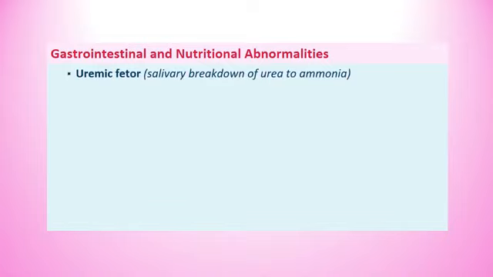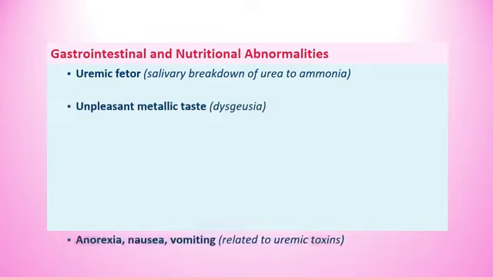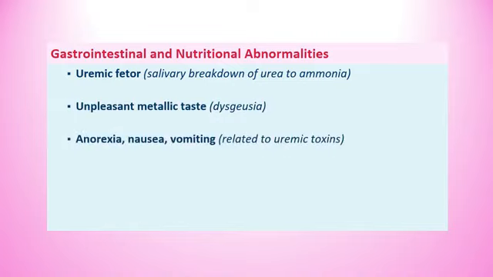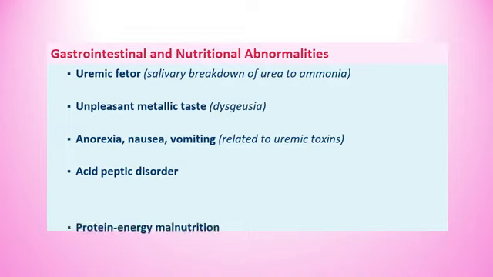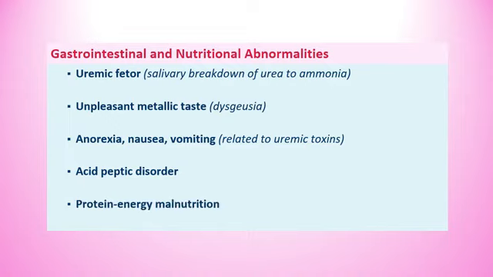Now come to the gastrointestinal and nutritional side. Uremic fever due to salivary breakdown of urea to ammonia. Unpleasant metallic taste, dysgeusia, anorexia, nausea, vomiting related to the uremic toxins. Acid peptic disorder, protein energy malnutrition,